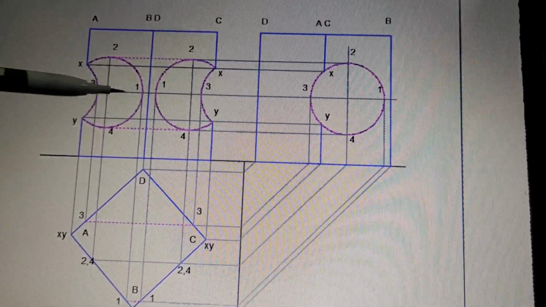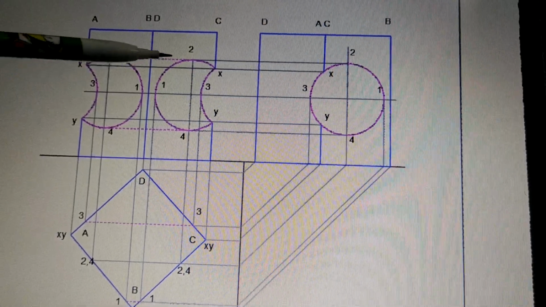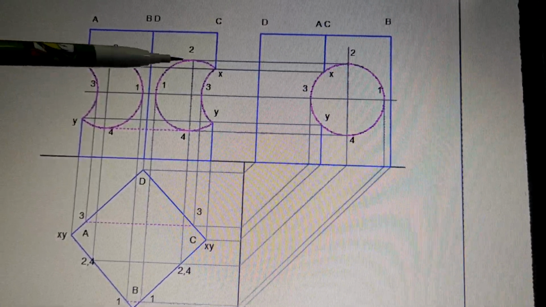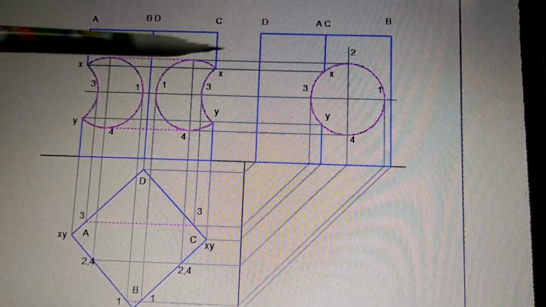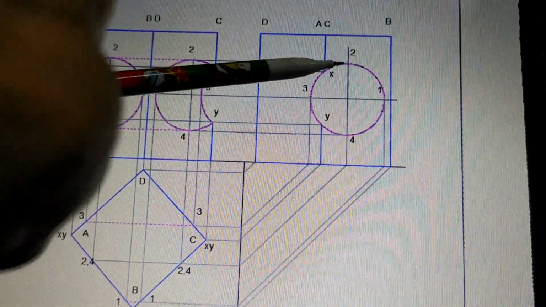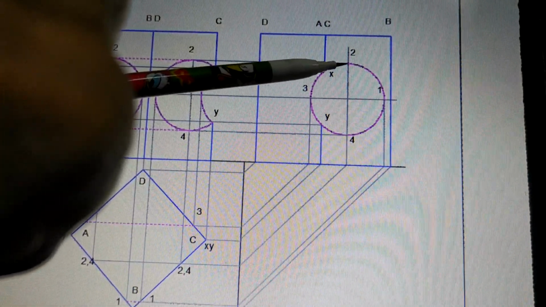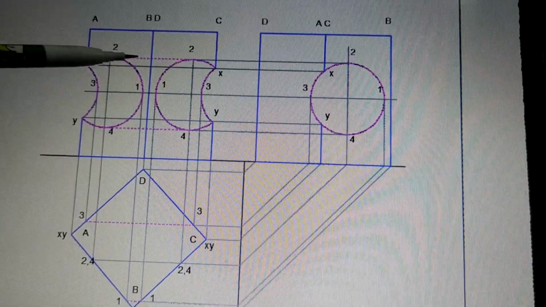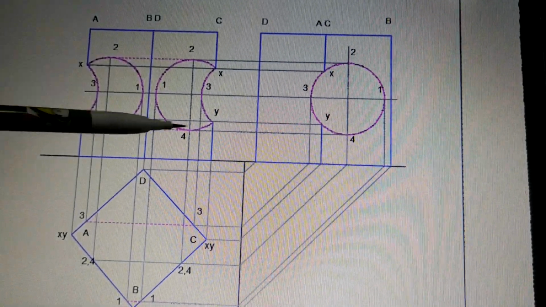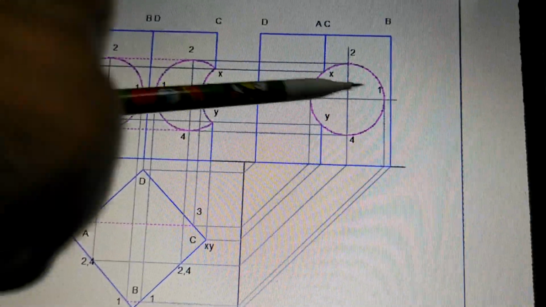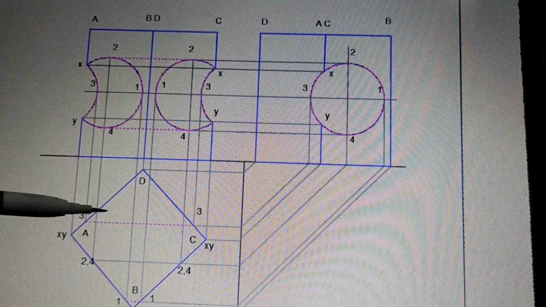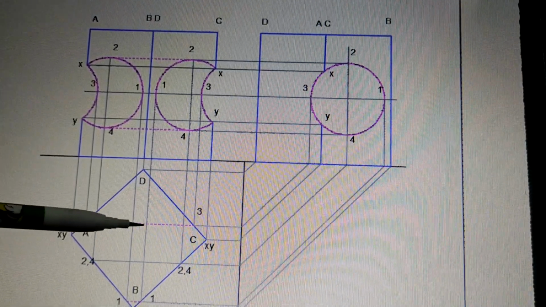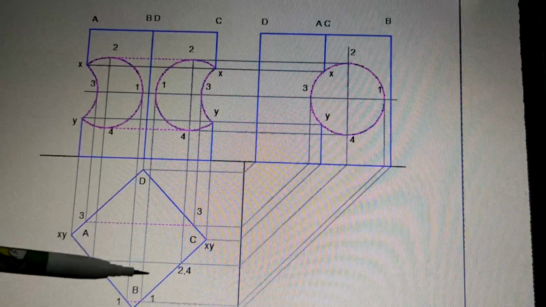Now since we are considering this as a whole, this surface will be joined by a dotted line. So there is a surface here, this curved surface. This is the point inside the curvature of the circle or the hole. So that will be shown by a dotted line here and a dotted line here. Same thing, the same circle at 1 and 3 will be seen by a dotted line in the top view like this over here. So imagine that this is a hole that is cut over here.